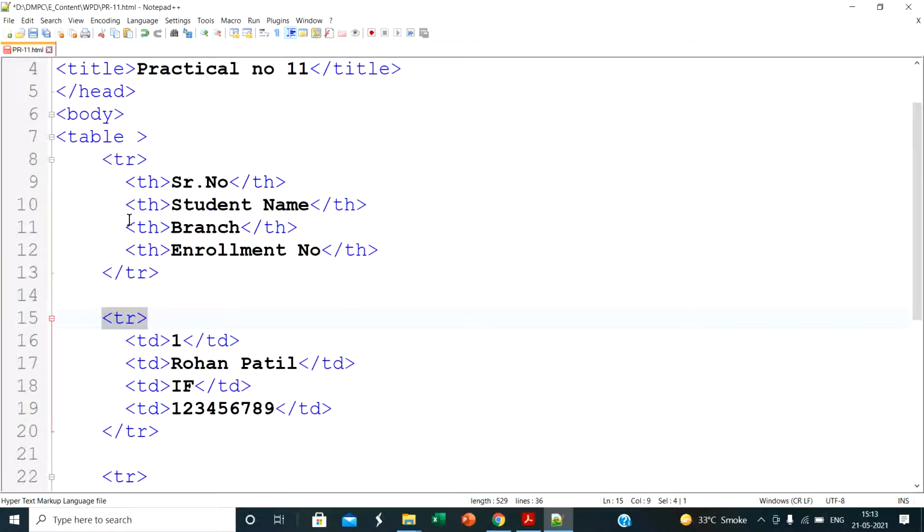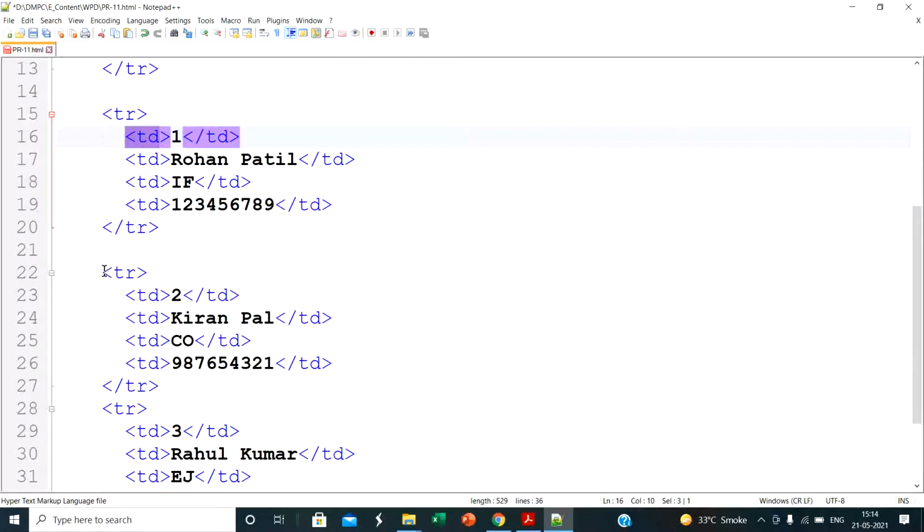Inside it, the serial number is 1, the student name is Rohan Patil, the branch is IF, and the enrollment number is 1 2 3 4 5 6 7 8 9. Headings are defined by the th tag and data is defined by the td tag: td means table data and th means table heading.